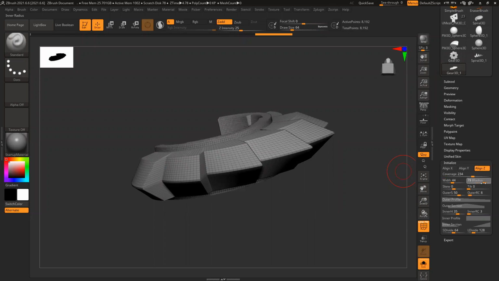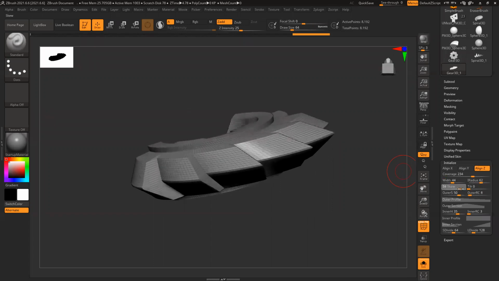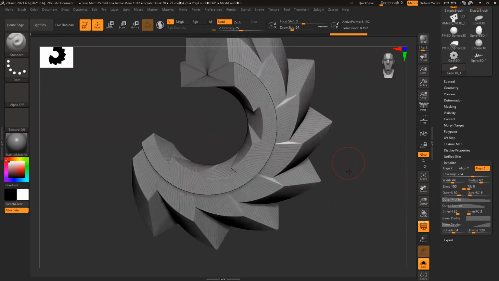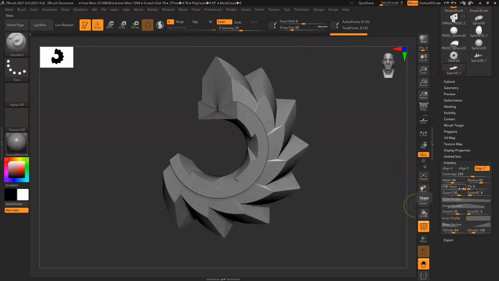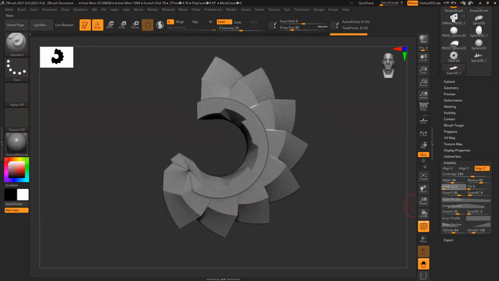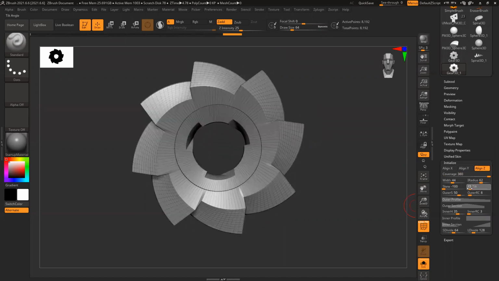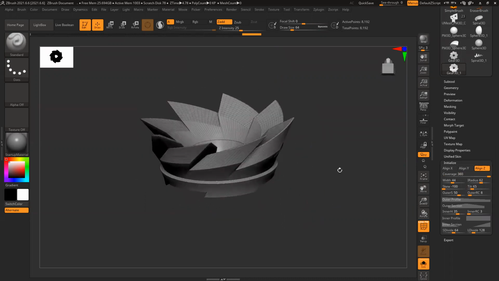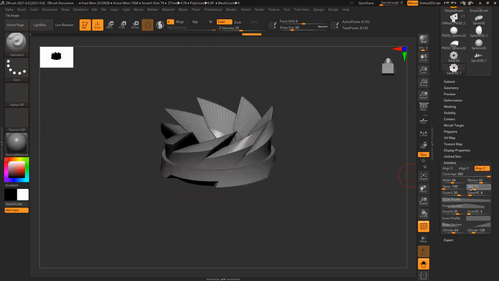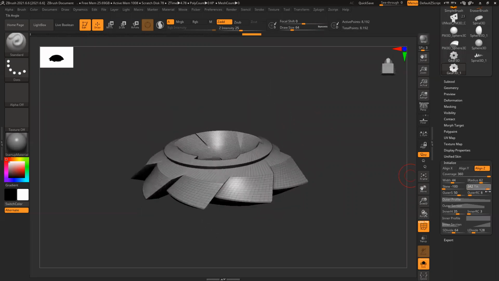Radius, increase, decrease. Skew, I can change whichever direction I want. Coverage, I can make it full. Tilt, you see, I can change whatever I want to create.